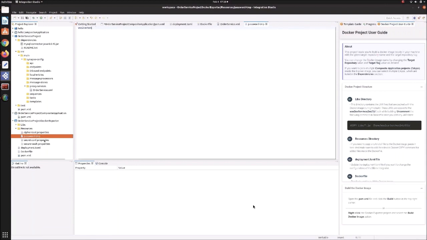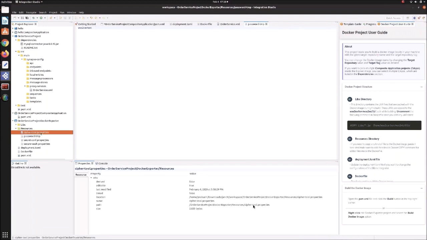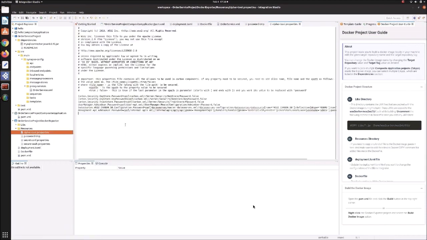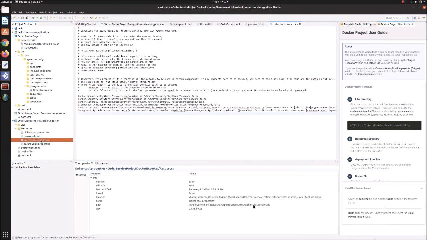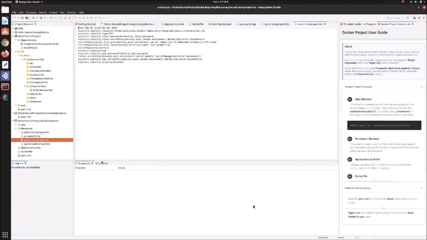Here is the Cypher tool properties file. This consists of some XPath values for the changed secured configurations, and we also have this secret conf properties file.